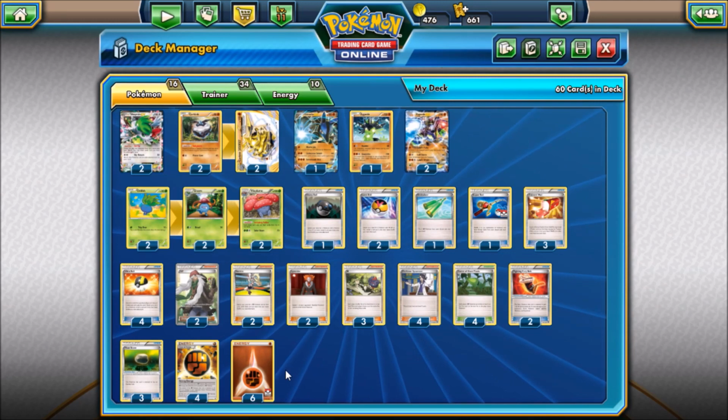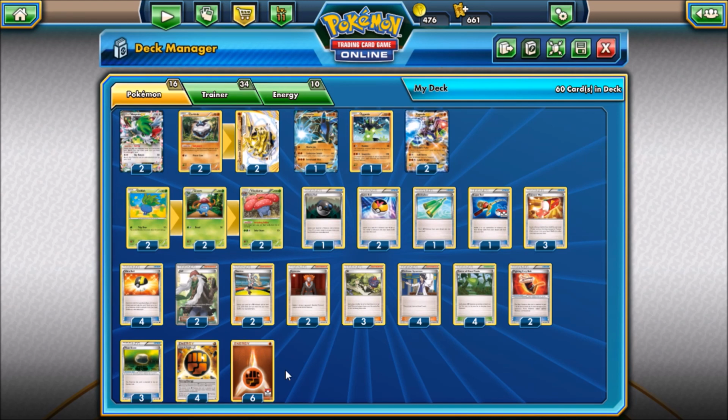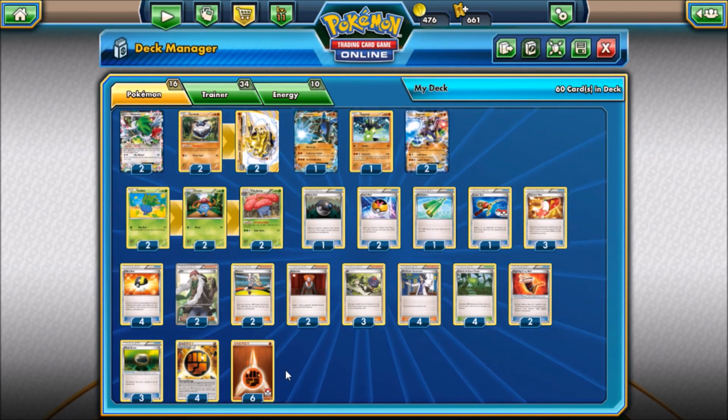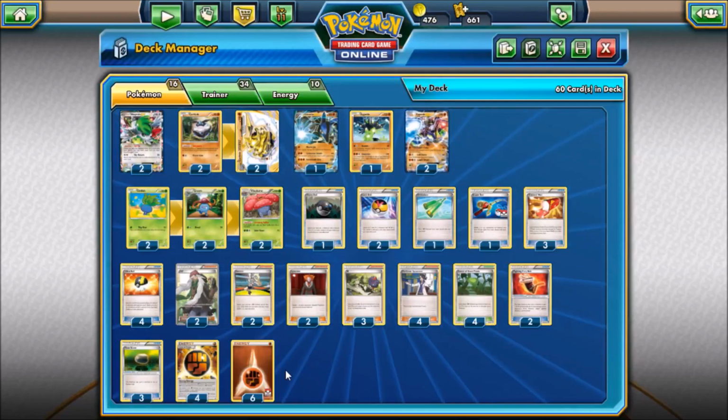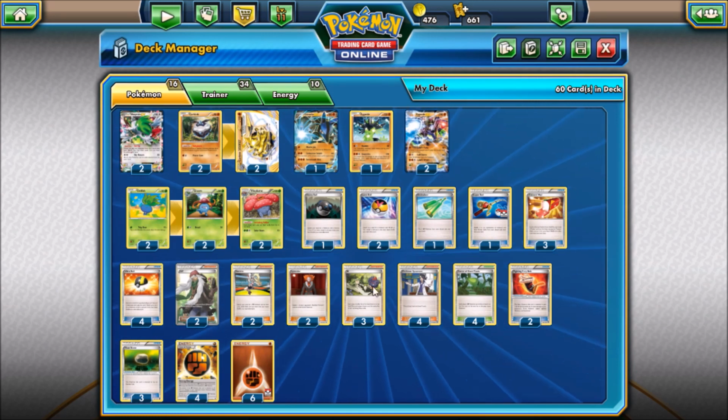10 Energies has worked out pretty well for me. I've considered playing a Compressor, since you can search it out with Karina and then just discard energy and use it with Carbink, but since we're mainly going for the Vileplume line, the energy count seems pretty solid. Space is tight, so it's tough to find a space to do something like that. And there's some other stuff I would rather fit in over the Battle Compressor, the more I look at this list. So definitely some options, but this is a pretty